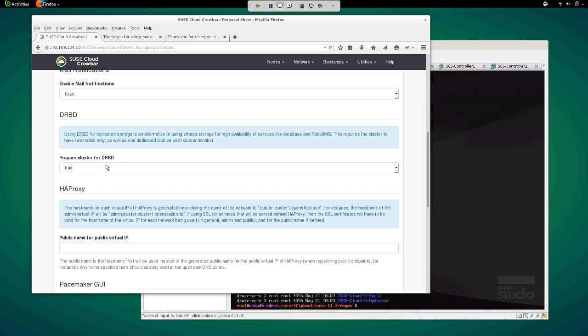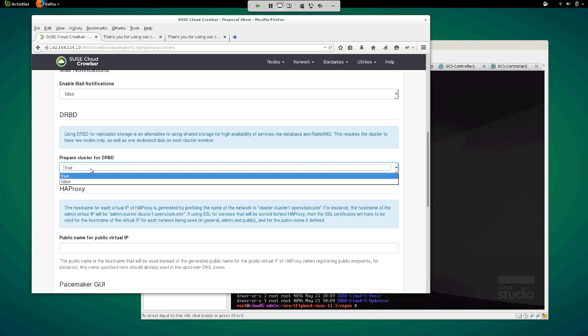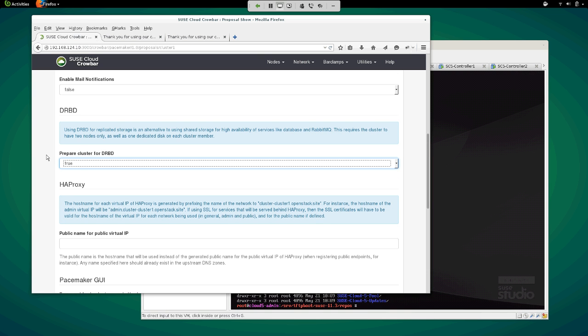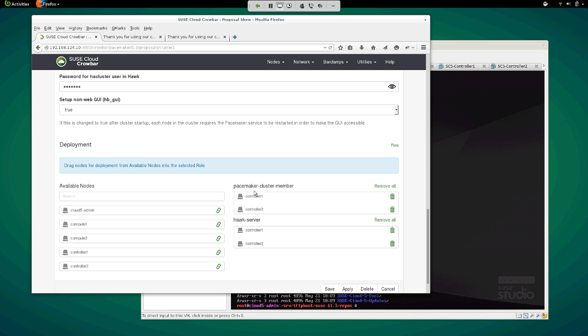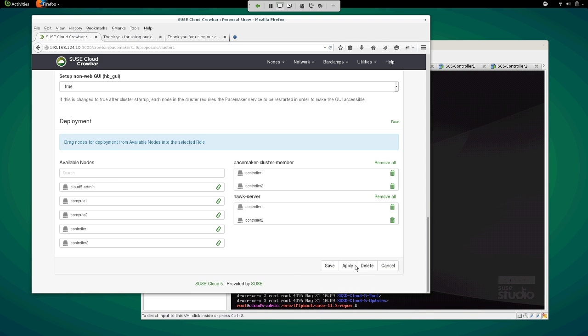It's using DRBD for the database and the messaging queue, and so it's setting that up in a 2-node cluster for those particular services, and we're selecting the cluster members for Pacemaker for those, and then we can go ahead and select apply, and it will actually start installing the right software and setting those nodes up.